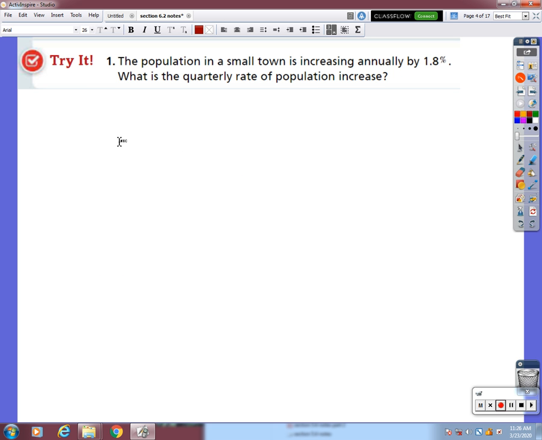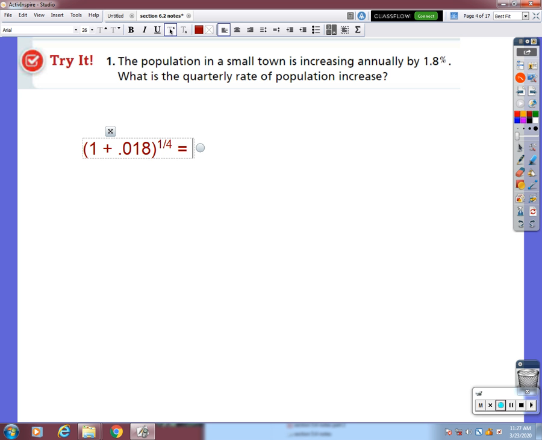Okay, so this question here, we can work through this one together because that was a little bit wacky. It says the population is growing annually 1.8%. I guess I don't need to do anything really with this, so I need to just go 1 plus 1.8 as a percent as a decimal is 0.018. And then raise that to, this time I want the quarterly rate, so I need to raise that to the 1/4 power to find my quarterly rate, and that's going to be pretty small because it's a pretty small one to start with, but